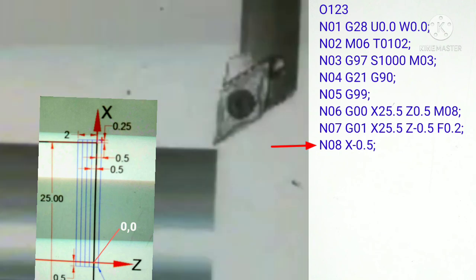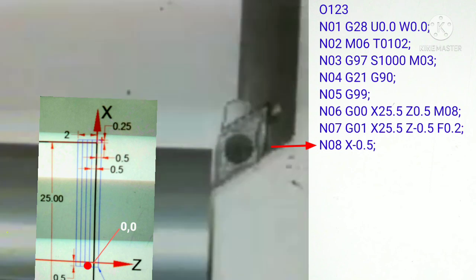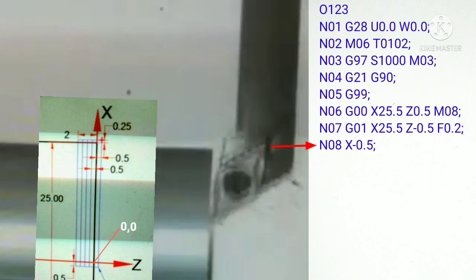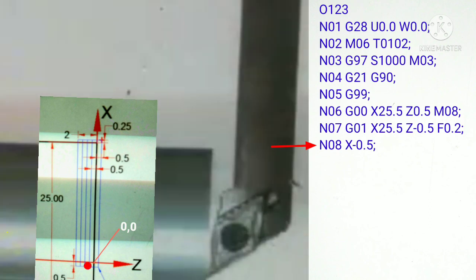The next sequence number is N08, where we write X minus 0.5, and for this the tool will move 0.5 millimeter down from the origin along the X-axis, and we will reduce 0.5 millimeter of thickness with this movement. And next we use a semicolon to end the block.